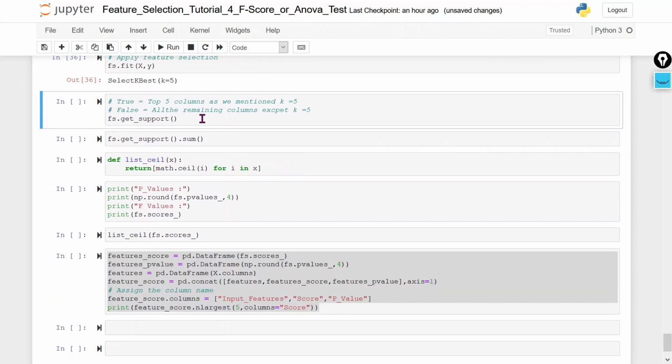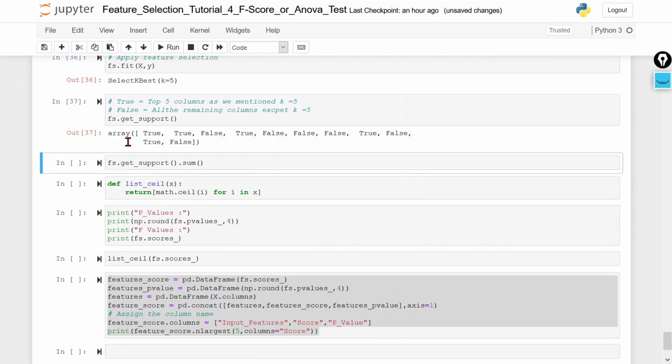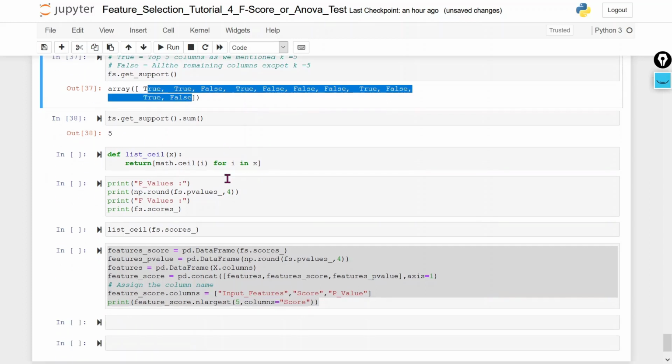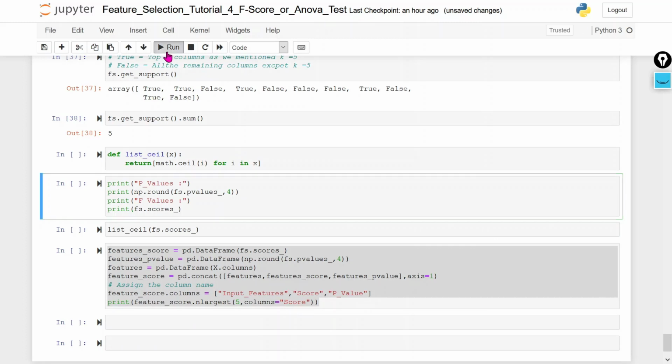Same thing, nothing new. This is not required, just if you want to display the top 5 columns as per the mentioned k equal to 5, or all the remaining columns except those. It will show corresponding True and False. Now if you want to calculate the true sum, what is the count of the true values? You can get 5, which means 5 columns you are getting here. Now I am going to display here.